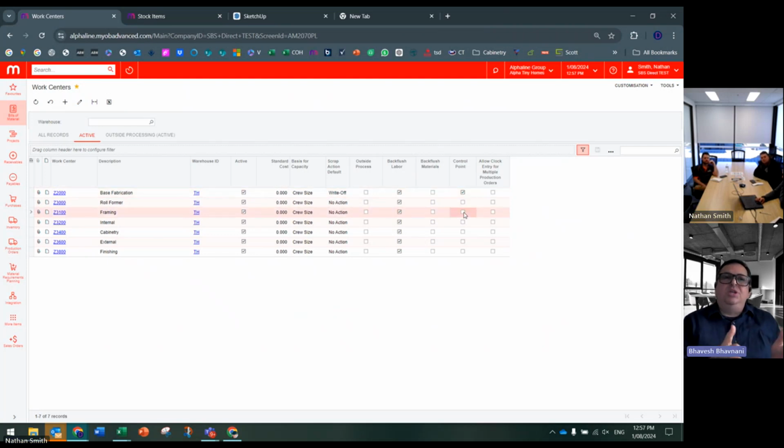And then, just like a normal production line, once your frame is ready, it might go to the next step, which has a different set of machines and different crew working on it. So that's what we've done here. As you can see, there are 7 different work centers that we have for creating a tiny home. Okay, we have the base fabrication row. Now, if you click on any one, Nathan, the first one,